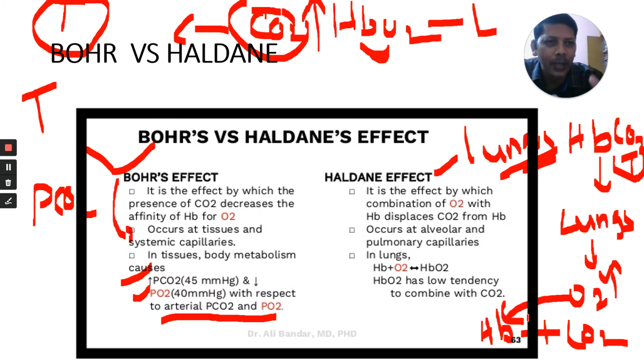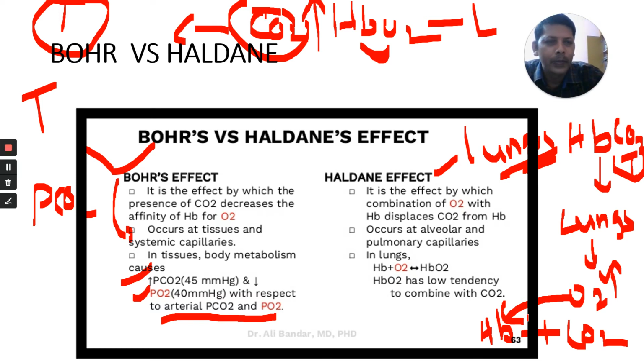You can simply understand this if I take one analogy. Hemoglobin has two wives. One wife is oxygen. The other wife is carbon dioxide. When PCO2 is high, where is PCO2 high generally? At our tissues, because respiration takes place. At that time there is a divorce between hemoglobin and oxygen, and hemoglobin binds with carbon dioxide because her love is more at the tissue.